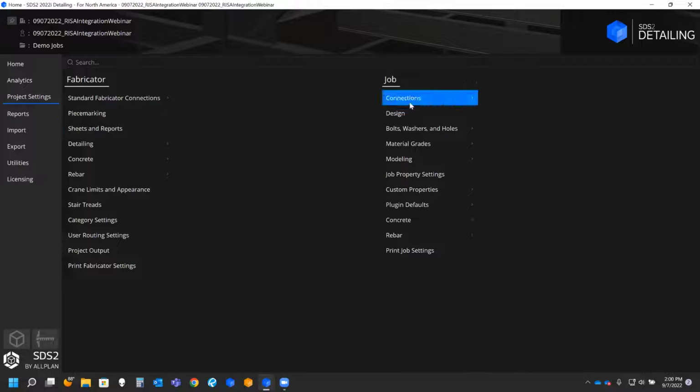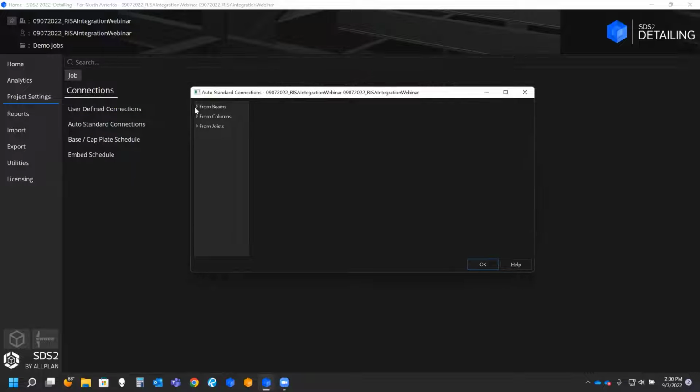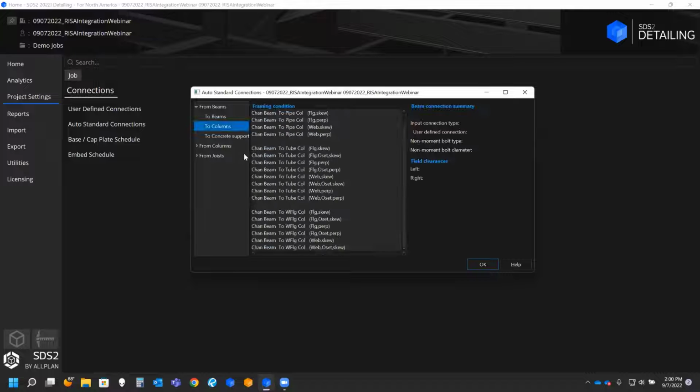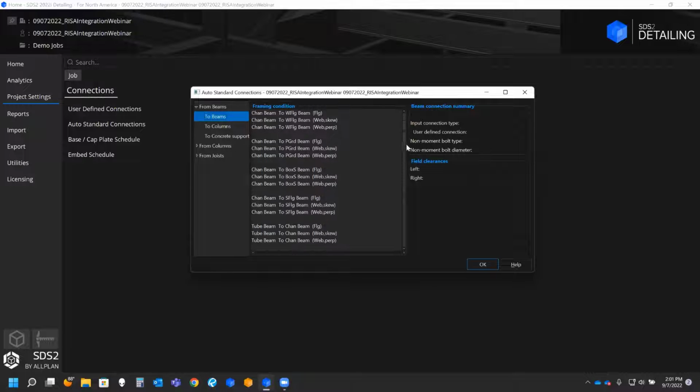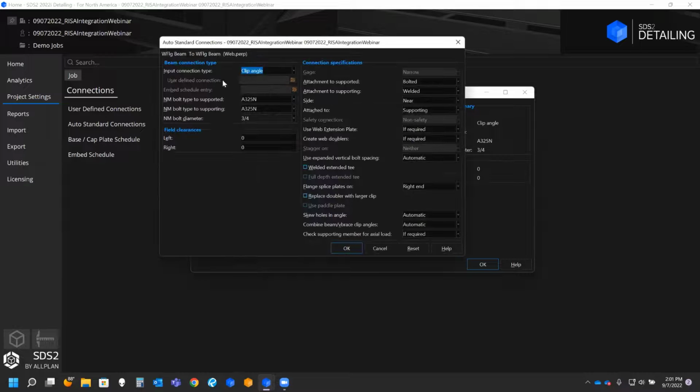And something else to point out with our connections is we have what we call auto standard connections. So what this is, it's a big table, has a ton of different framing conditions within here. So if I were to scroll down and look at maybe say, let's go beam to beam. And if we look at the wide flange beam to wide flange beam framing to the web perpendicular, if I double click that,